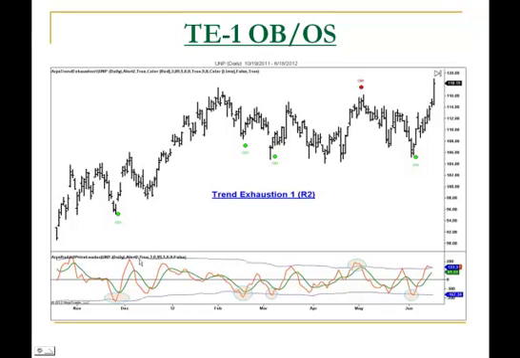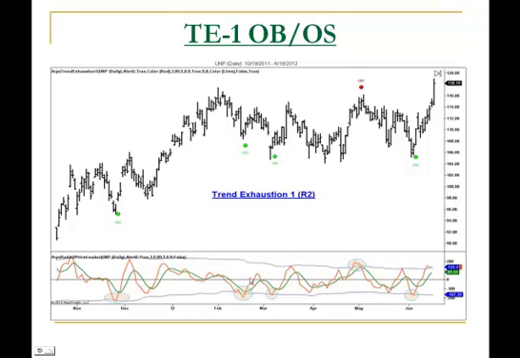And you can see, in this case, I have the automatic, dynamic overbought and oversold lines applied to the oscillator. This is one of the new features we've added to Radar 2 in the last year. Because it's an unbounded oscillator, it has to calculate its own overbought and oversold range. And we decided it was best if it calculated that relative to what the price was doing. So we've created a dynamic overbought and oversold range so that when price is more volatile, the range expands, and when it's more congesting, it